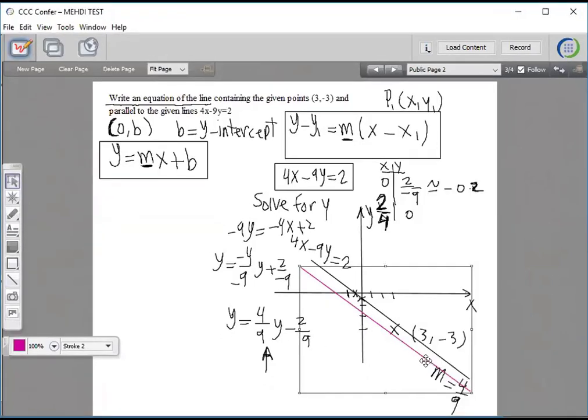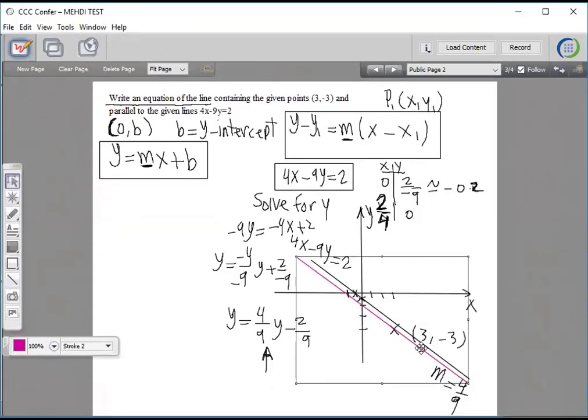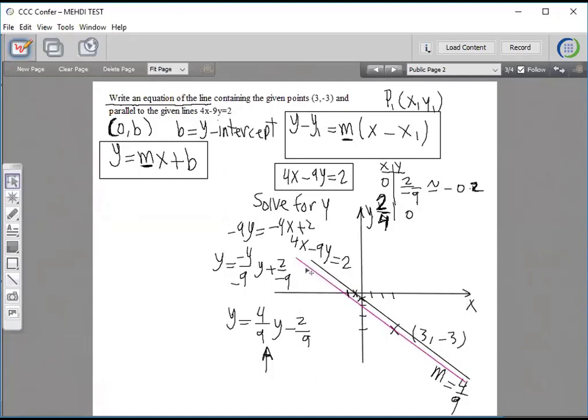Okay. So if I can grab that line and move it a little bit higher, I can see that's the line. That's the red one, the equation of the line that they're asking me to find. Because they're parallel, the slope of that line also will be exactly the same as 4 over 9, the slope of my reference line. Okay, so I know my slope now. Do I know b? Do I know the y-intercept? No, it's not given to me, but I know a point. I know my line is going to pass through this point